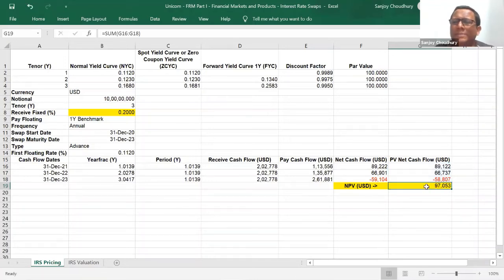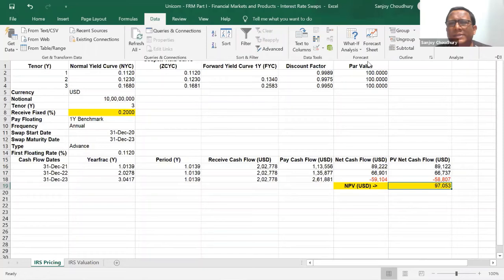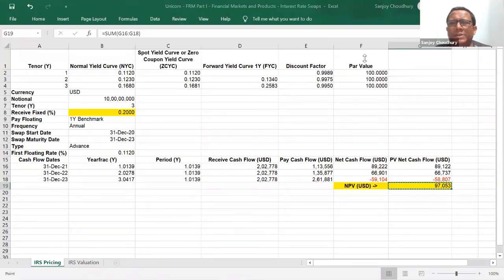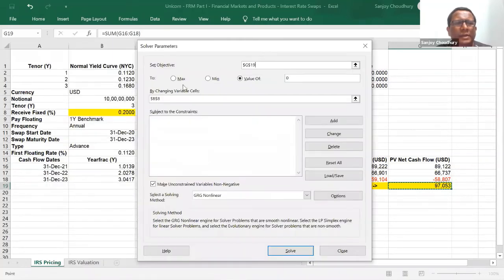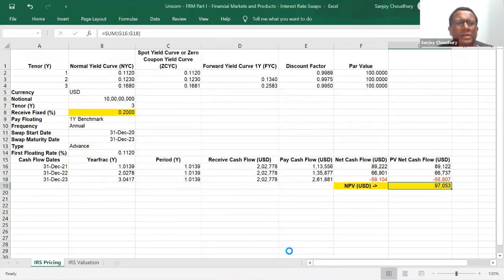And as mentioned, the principle of the pricing of an interest rate swap is that at the start of the swap, the NPV should be equal to 0. So what you can do in Microsoft Excel is use either Solver, or in What-If Analysis, the Goal Seek. Both are in the Data tab. Solver, as mentioned, is much more precise. So this particular cell has to have a value of 0, by changing which cell? I need to change my fixed rate.